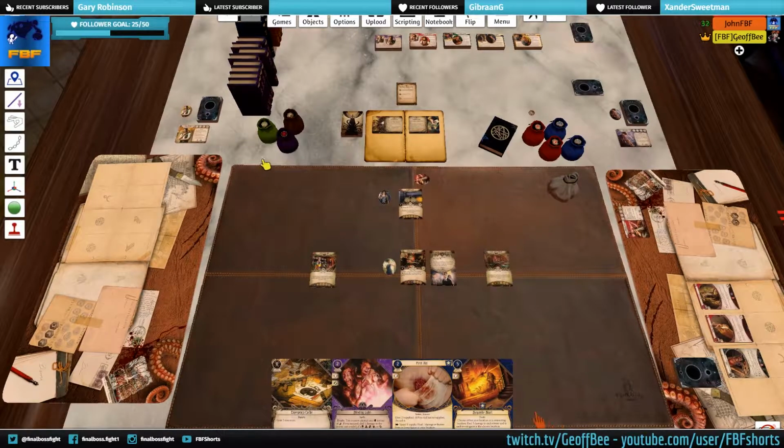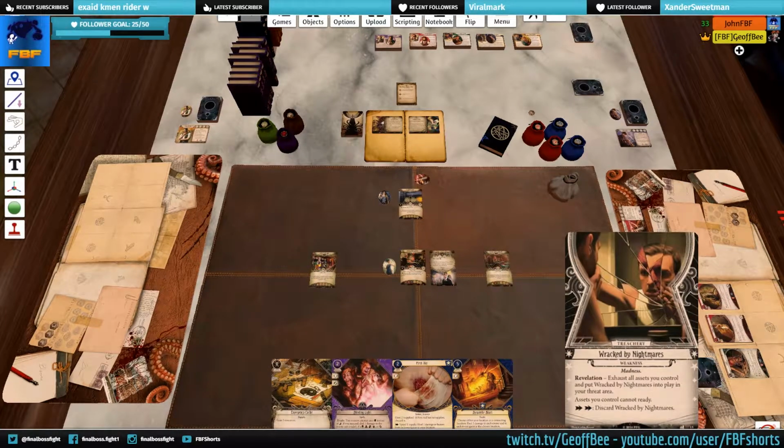Mythos phase. So we get a doom. Doom. Wait, sorry, I have a weakness. Oh, we'll resolve that. Never mind. Sorry, I just realised what it was. Racked by Nightmares. Exhaust all assets you control and put Racked by Nightmares into play in your threat area. So, yes, you got to...